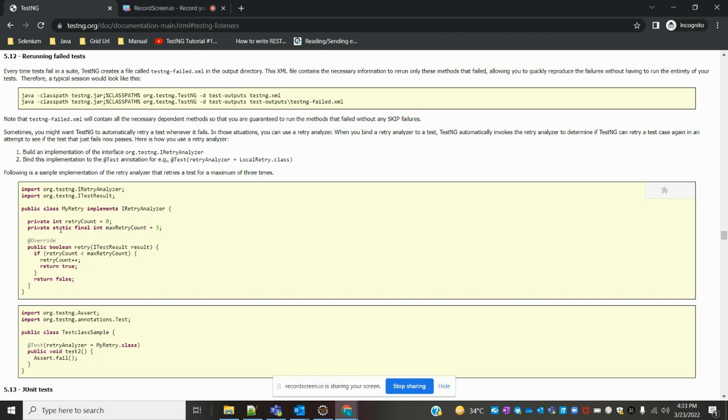There is not much difference between that class. You can create the same thing, my Retry, and implement IRetryAnalyzer. This is like an interface. Here, the same method I have already copy pasted into my local,